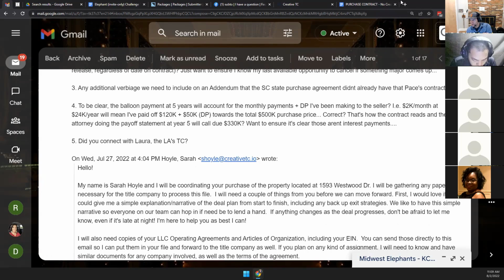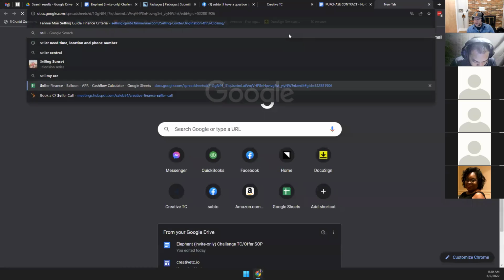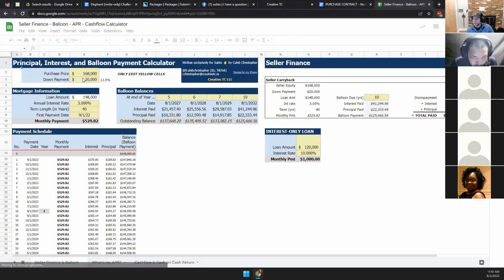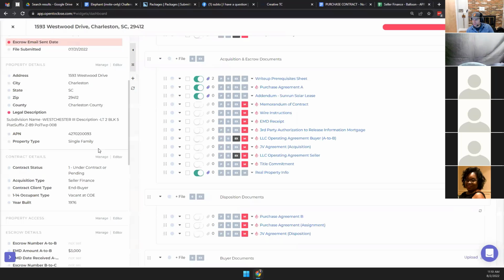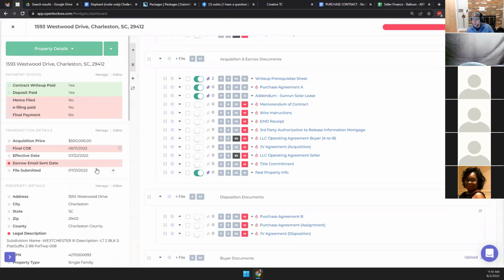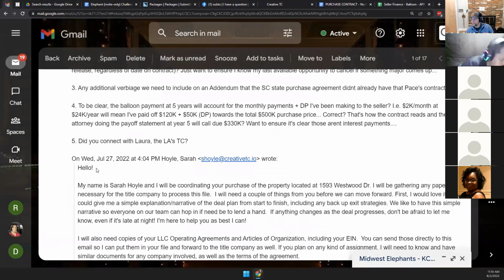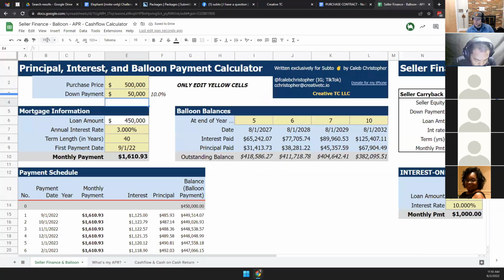Yes, we should. So it's handy to use our seller finance calculator, which you may have to bookmark. But what are the numbers on this one? Purchase price is $500,000 with a down payment of 50. Right? Mm-hmm. With an interest rate of 0